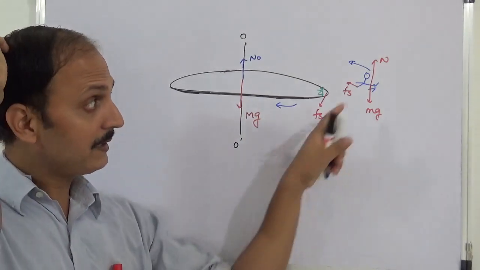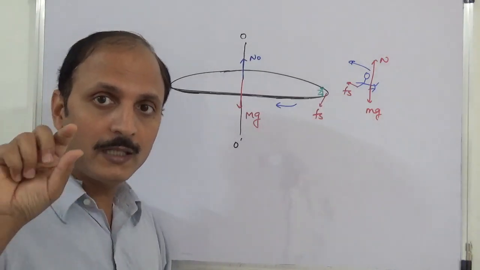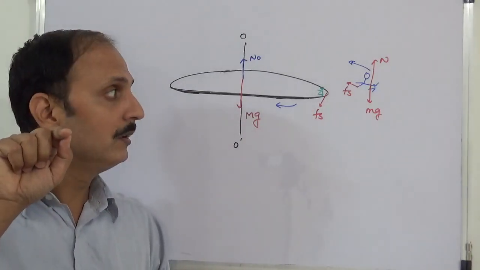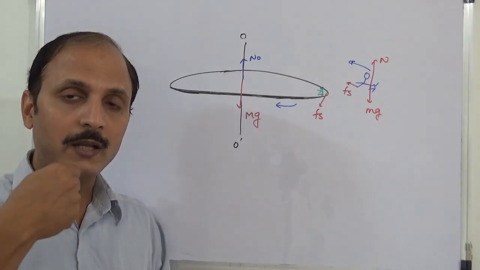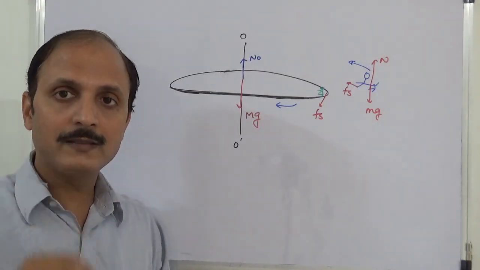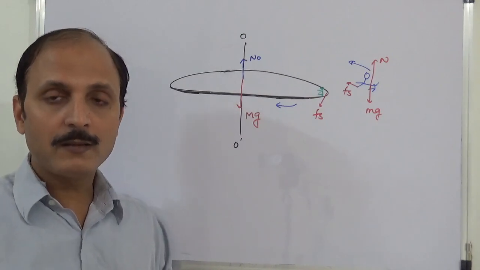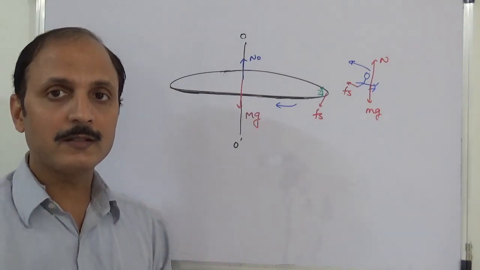This static friction will balance each other because I have taken both in my system. Static friction on the insect will be in the forward direction and static friction on the disk will be in the backward direction. So both will balance each other. What about torque? Again, if I take both in my system,